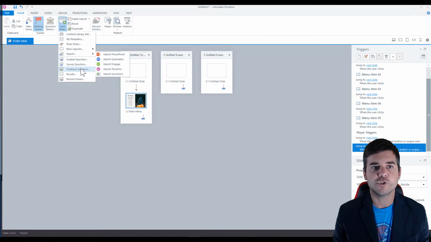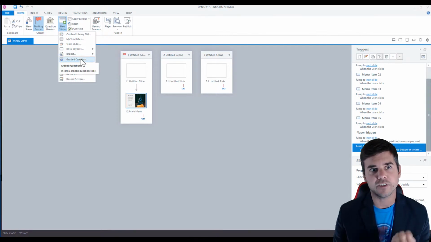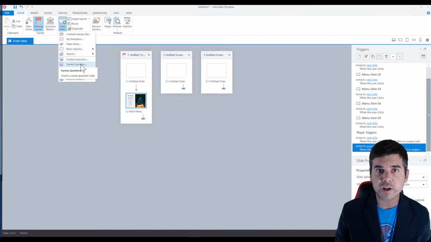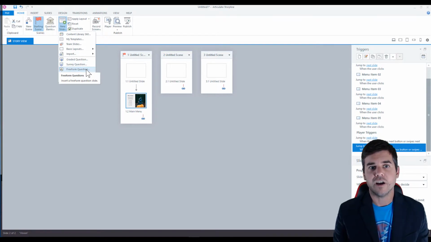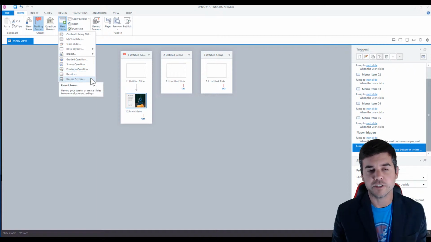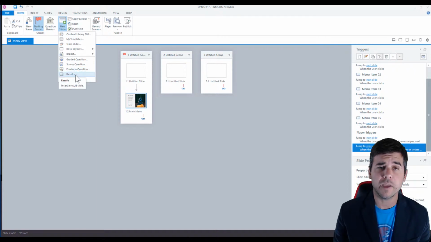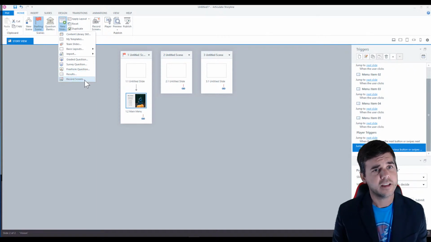And then here's some choices, like graded questions, obviously graded versus survey questions. And then the free form question is like a knowledge check within your instruction, some kind of formative evaluation where I'm just getting feedback. And then I can have a results page where I can have the results of the test, and we'll get